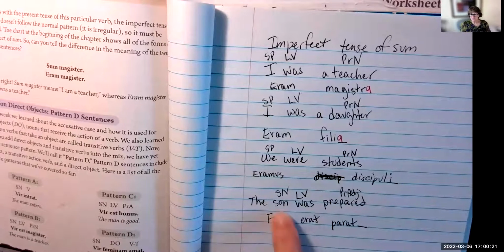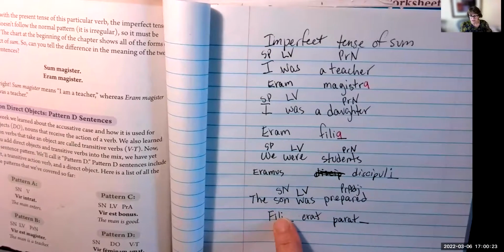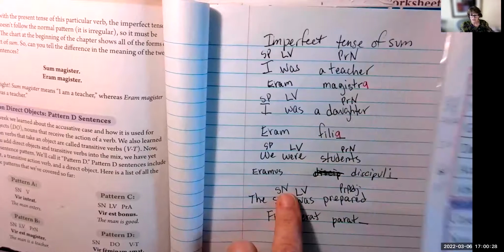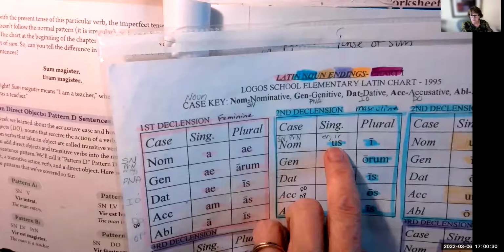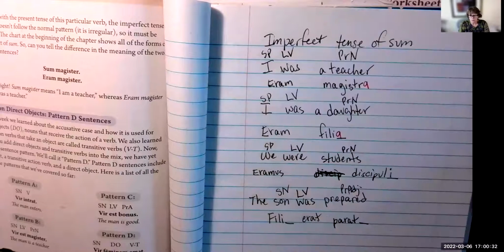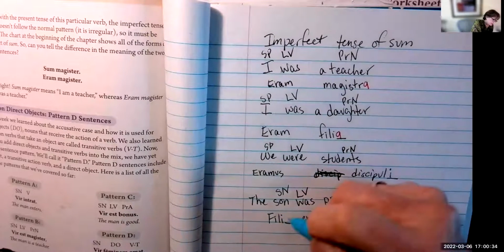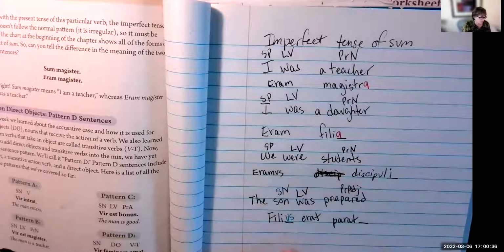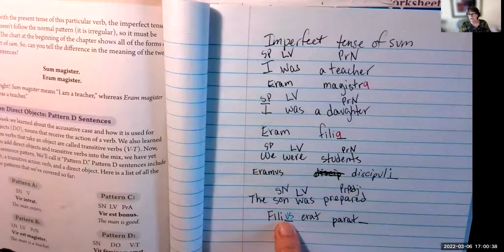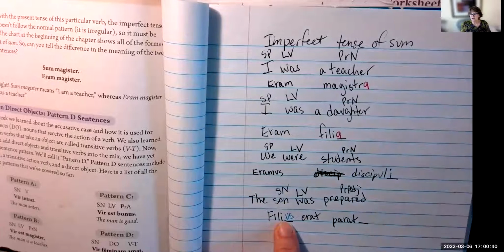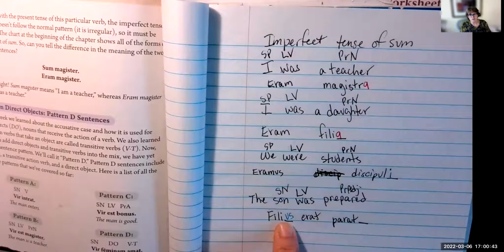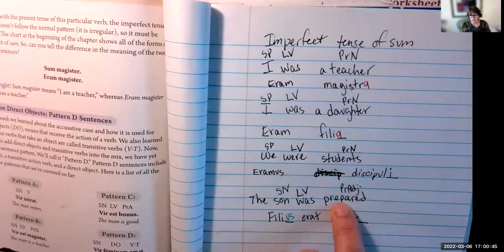All right, so let's go and find our subject ending. You ready? What declension is son? Second. What job did you give son? Subject noun. It's singular. What's the ending? Us. Now, if I'm going too fast, I'm sorry. But this is translating English to Latin, so we're doing it a little differently. I don't think you've learned it that way. The same thing over here, okay?